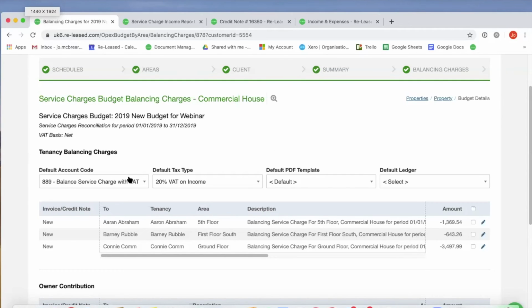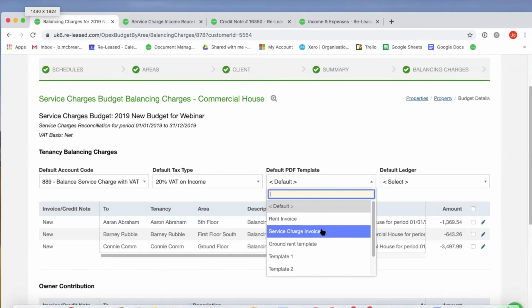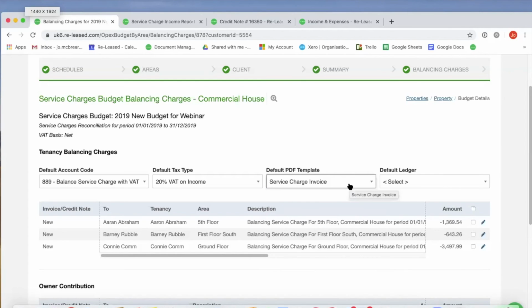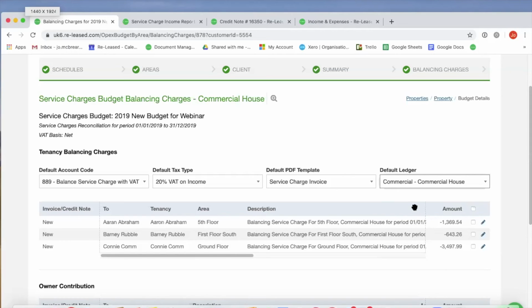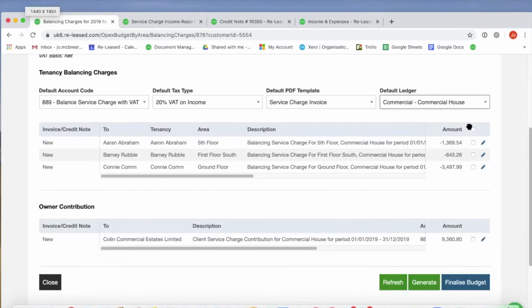So it's defaulted our balancing service charge, which we would want, defaulted to 20% on VAT because this is on a net basis. It's asking what template we want to default it on, so that's our PDF template, and what ledger we want it to come to. So we want it to come out of our commercial house ledger. So we can select all of those,